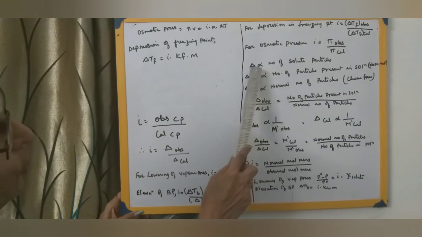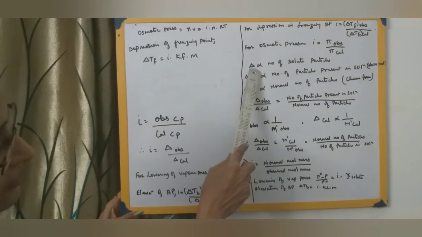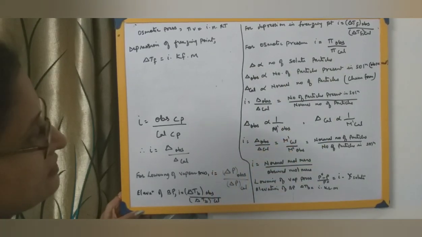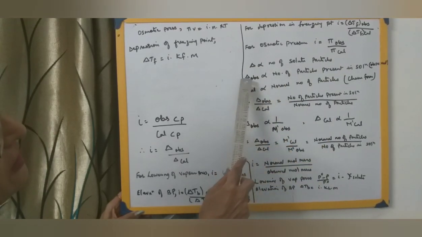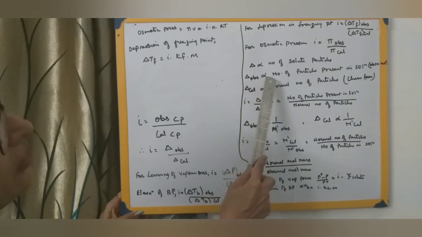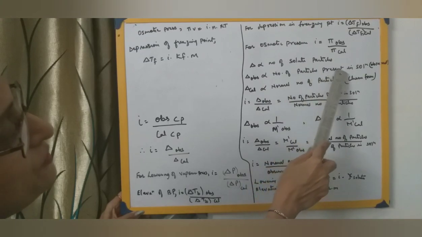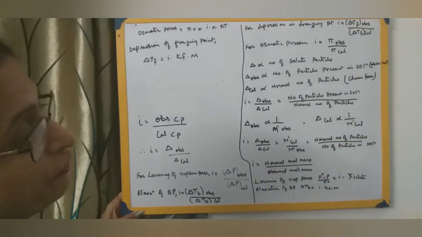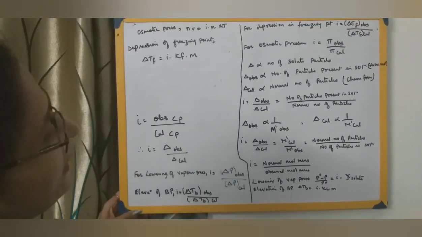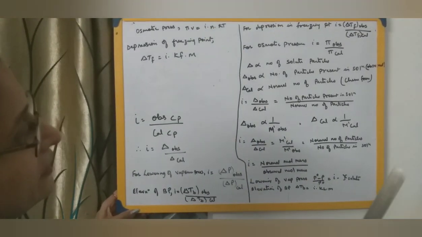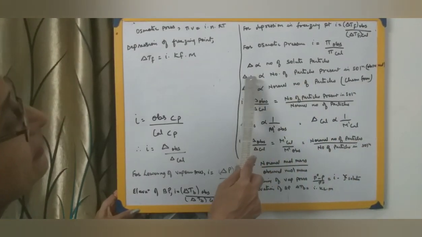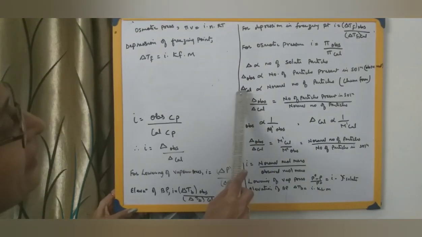Now here the colligative property, as I told you in a previous video, is directly proportional to the number of solute particles. So delta observed, the colligative property which is observed, is proportional to the number of particles present in the solution. When you put it into the container, how many particles you get, whether it becomes 2 or 1, that is called the delta observed value. And delta calculated is what?